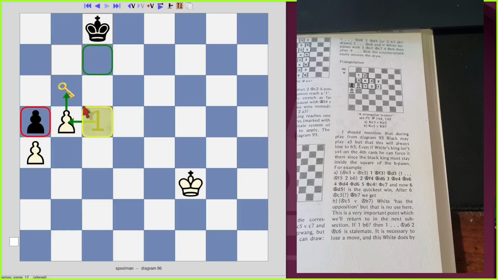Covering basically these two squares, you can see that the only square available as a corresponding square is b7. Okay, we've got one set of them matched out. So let's move on to the next square we want to look at. Let's have a look at the corresponding square